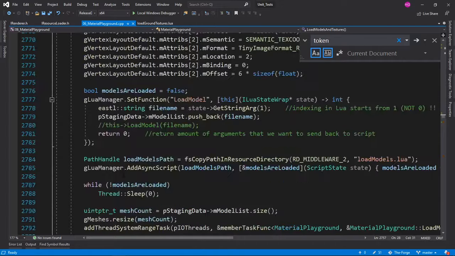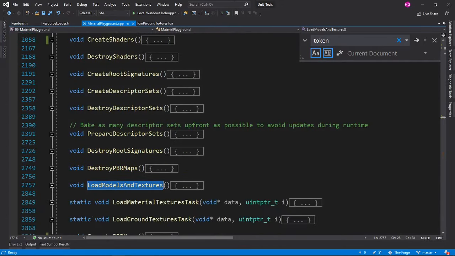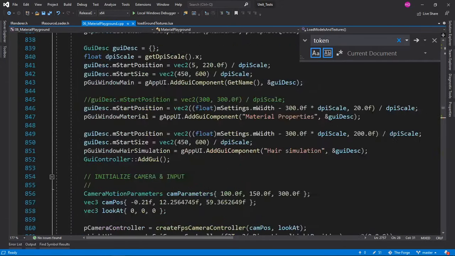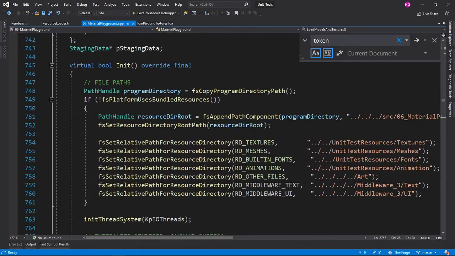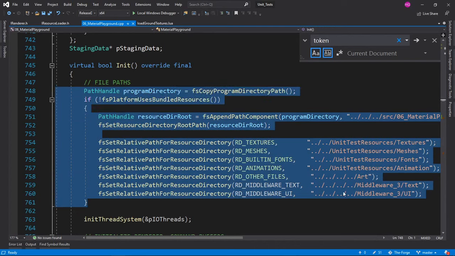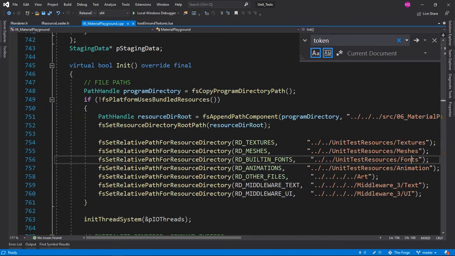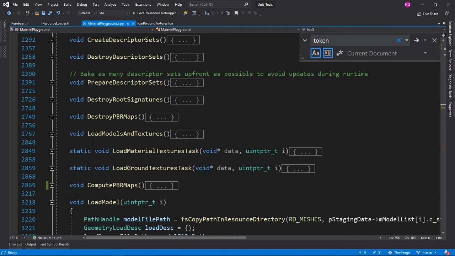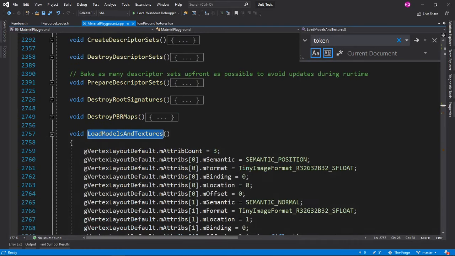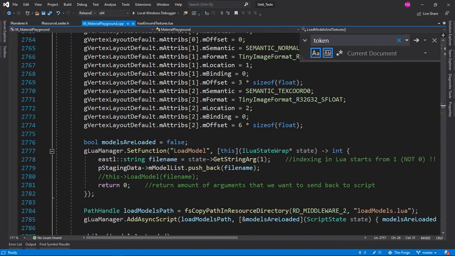Let me close this and get back to where the initialization function was. Here, we saw that we added some paths, and we didn't know how the elements in these paths are going to be loaded. So probably this load models and textures is going to load those.